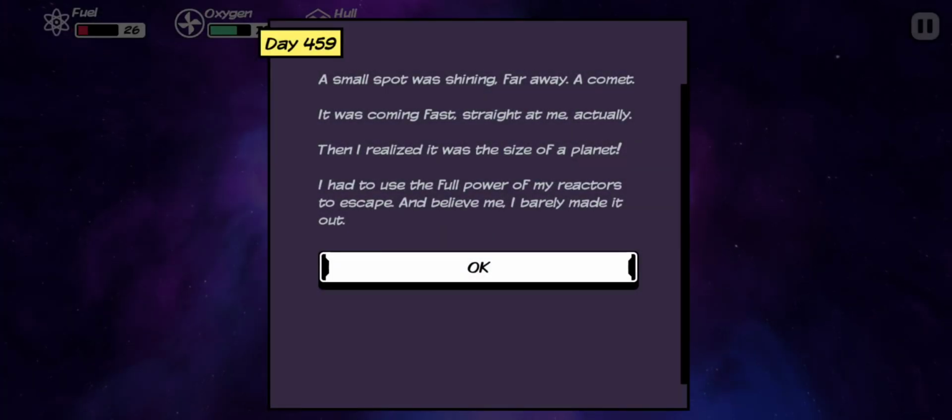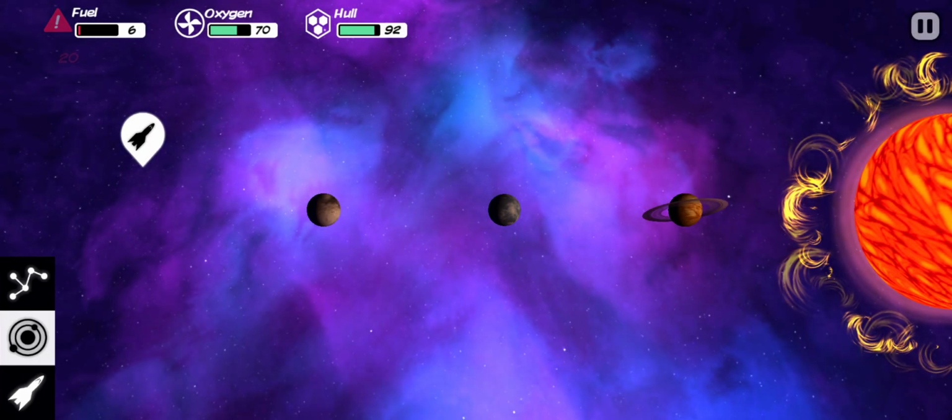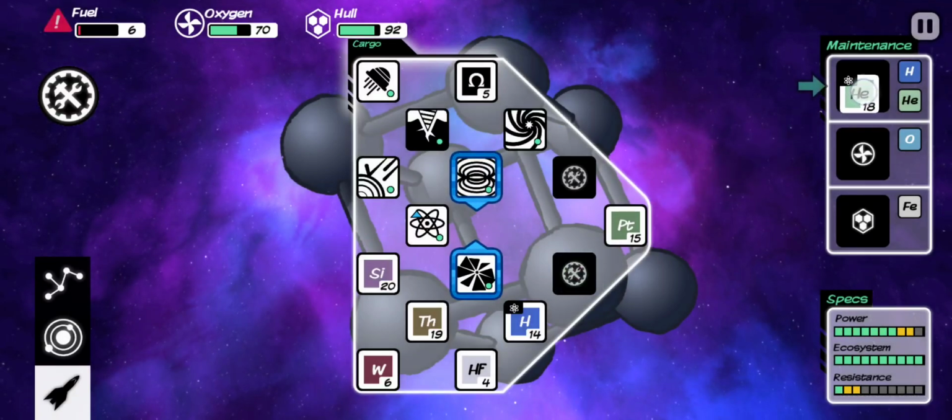A small spot was shining far away, a comet. It was coming fast, straight at me actually. Then I realized it was the size of the planet. I had used the full power of my reactors to escape, and believe me, I barely made it out. And there goes all my fuel, so...